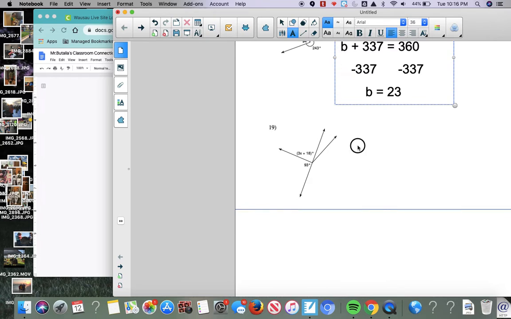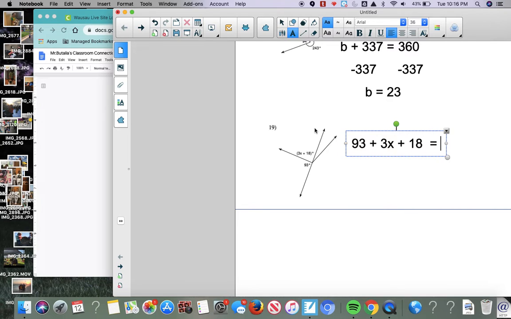Okay, let's go to number 19. Okay, number 19, I notice that we have 2 angles, and I'm looking here and I see a straight line right here, which tells me these 2 angles form a linear pair because they are both on a straight line, which means that they add up to 180 degrees. So my equation should look like this. I have my 93-degree angle and I have my 3x plus 18, and again they are going to equal 180 degrees. So my next step is I'm going to combine like terms, and when I combine like terms I am going to get